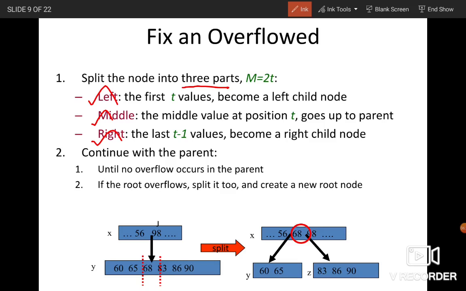Then the same procedure is applied with the parent also, until no overflow occurs in the parent. If the overflow occurs at the root, then the root is also split into 2 nodes and you have to create the new root node. Okay. So for example,